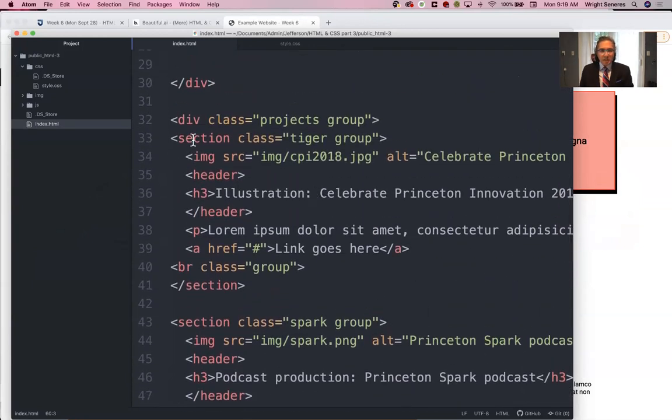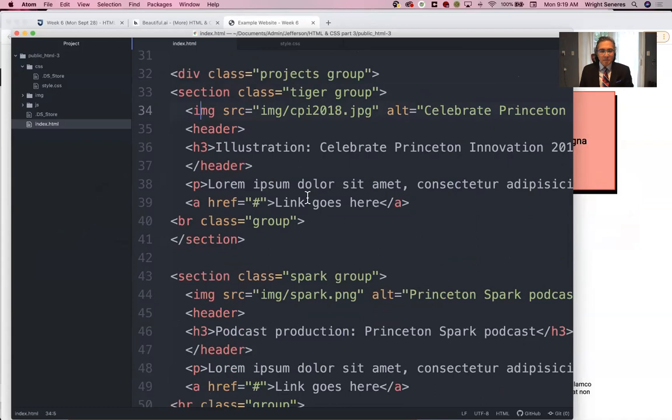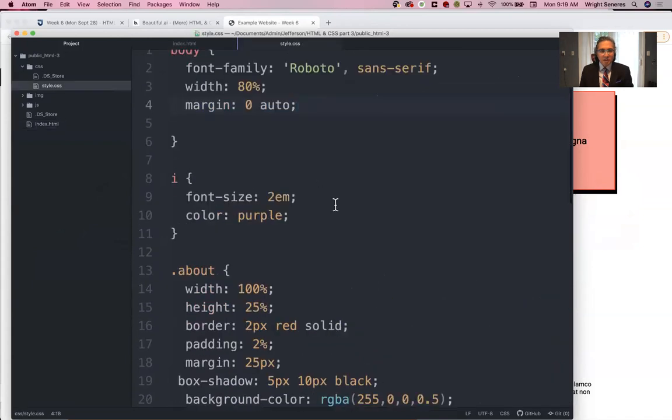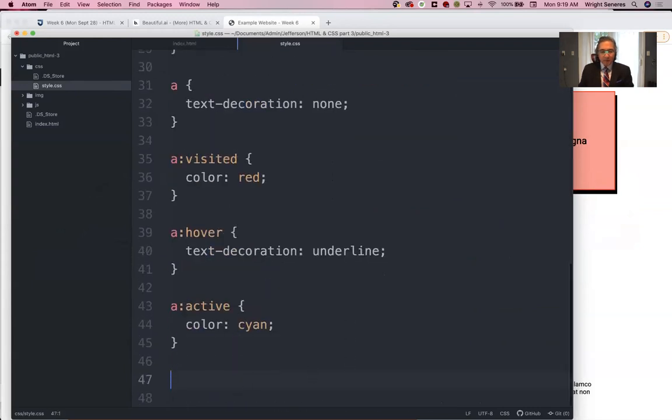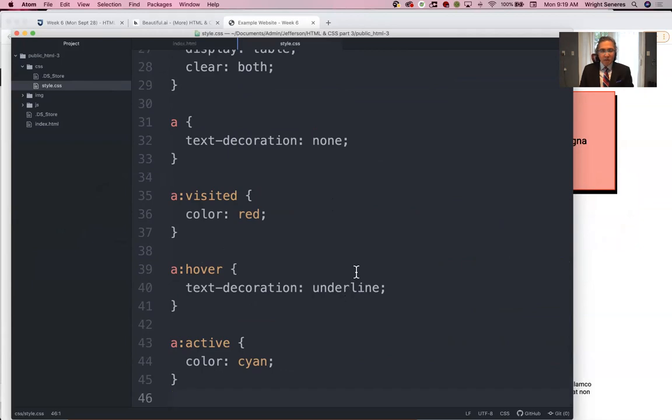Right now we have sections, we have images, but in our style, we don't do anything with them yet. So let's add some style. Let's say we want to shrink down the pictures. There are multiple ways to do it, but the way that makes sense to me, and let's go back to our whiteboard,